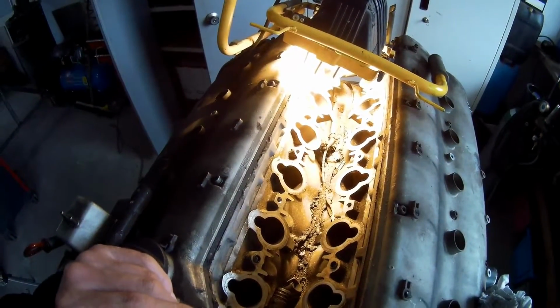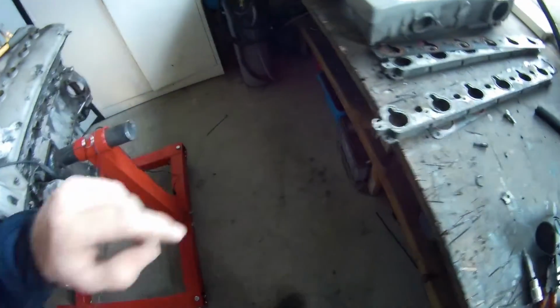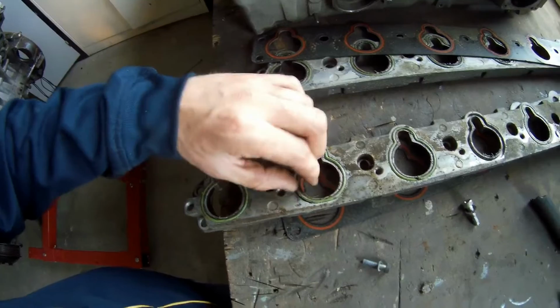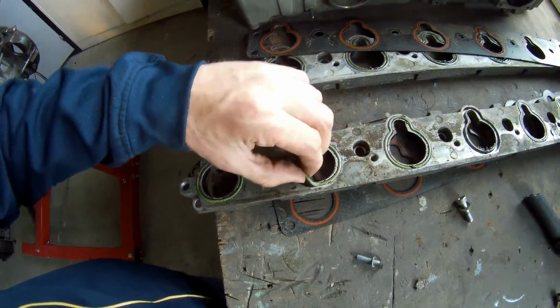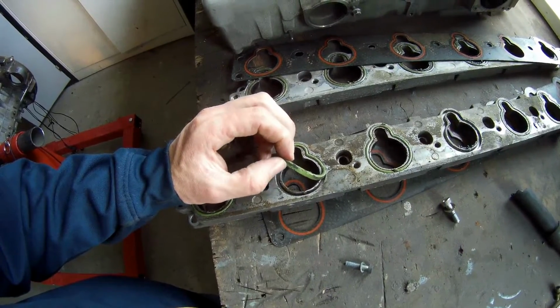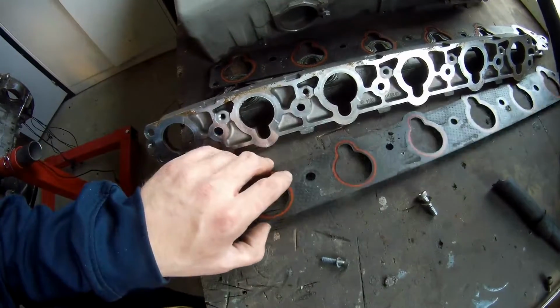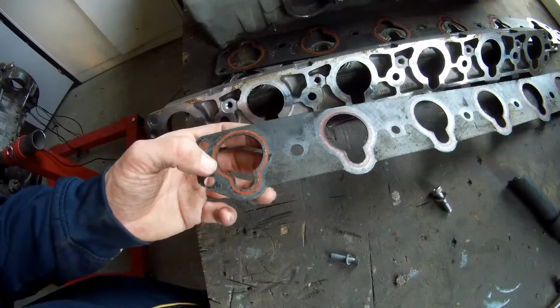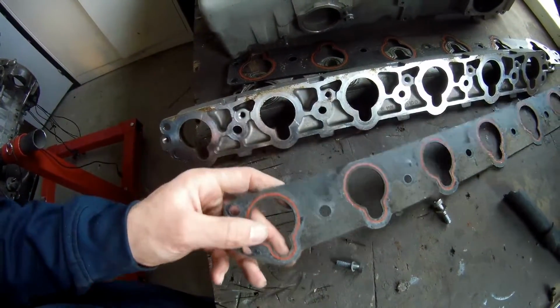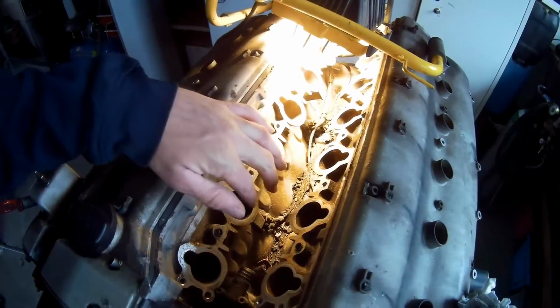I thought they were 120 euros or something. And they still had... I think they reused these ones. I don't know why, but there's all black gasket on it, and that is not needed. So I have to clean them all up. I don't know if they reused these ones. I don't know for sure. Everything will be renewed on my engine. I think it's better. So I'm going to clean out this, and then